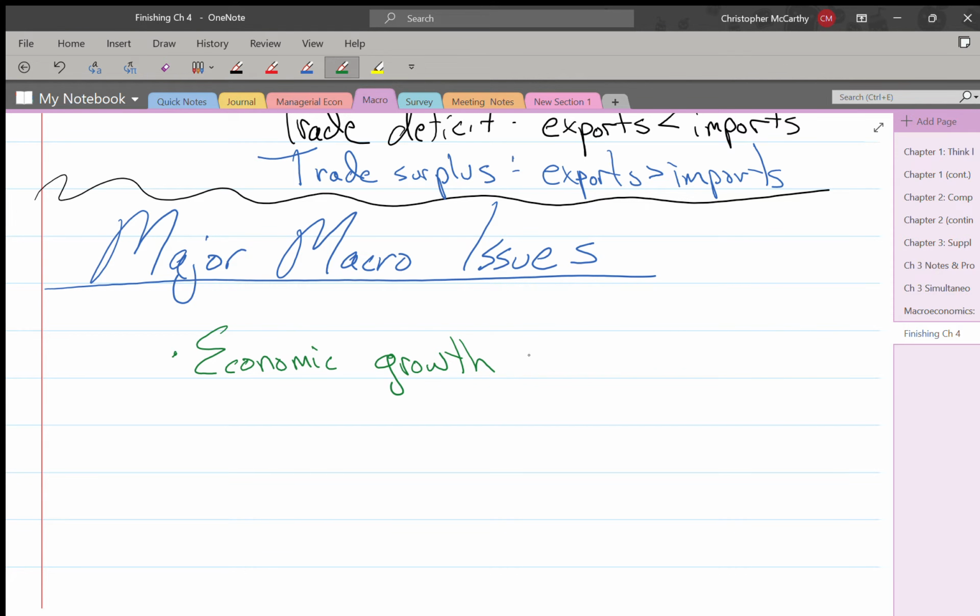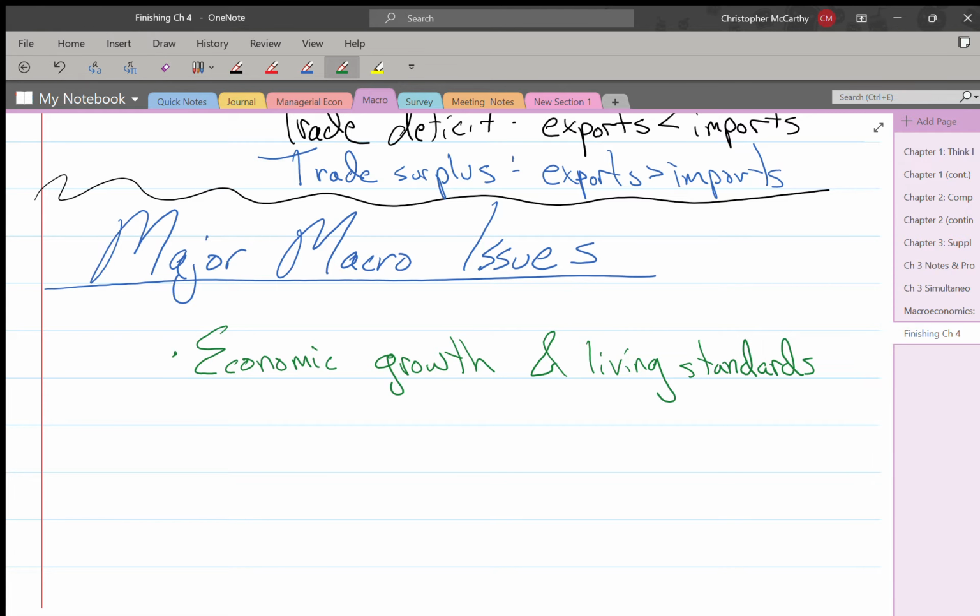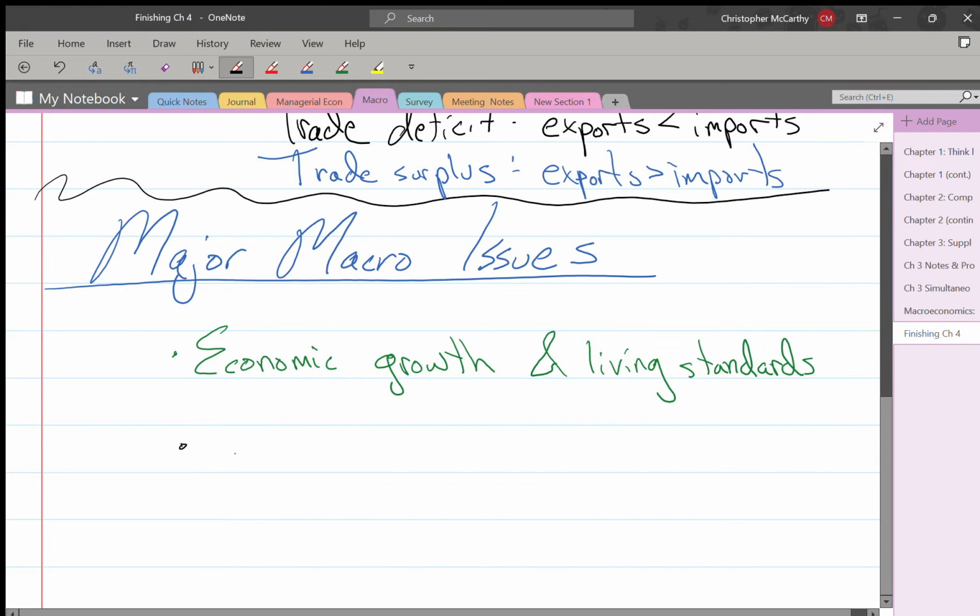And so along with this, we have living standards. What good is the economy growing if the things that we enjoy, the things that protect us, the things that make us feel safe, the things that make us healthier are not also improving, that we're not also improving our access to them? So secondly,